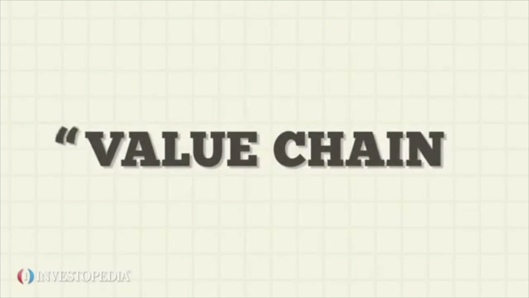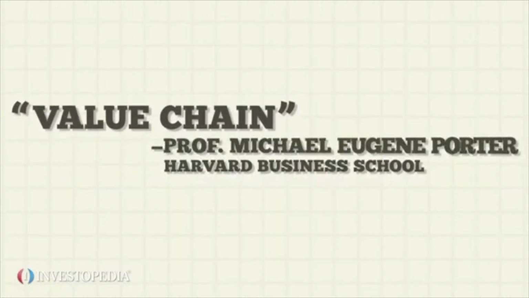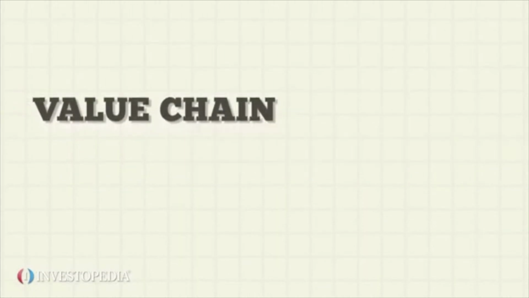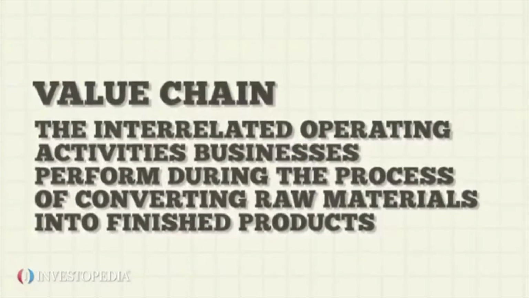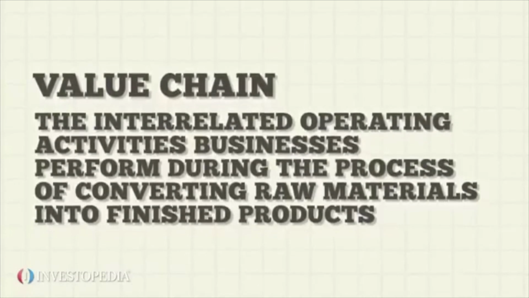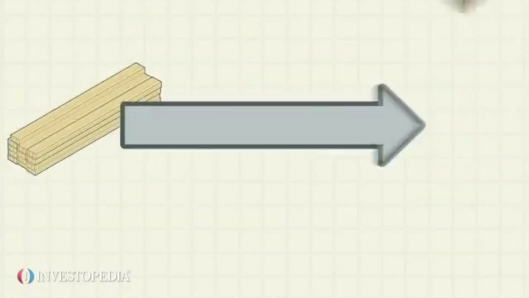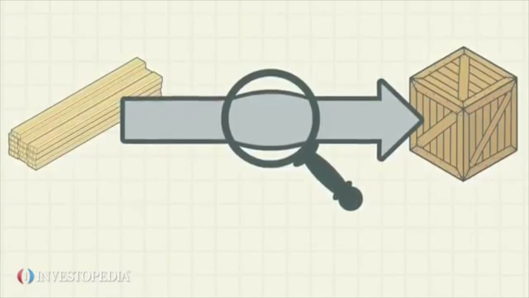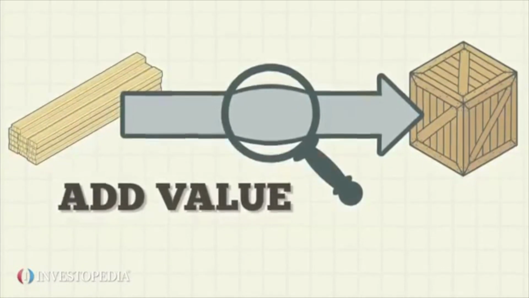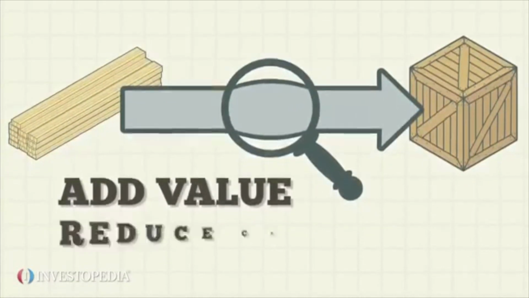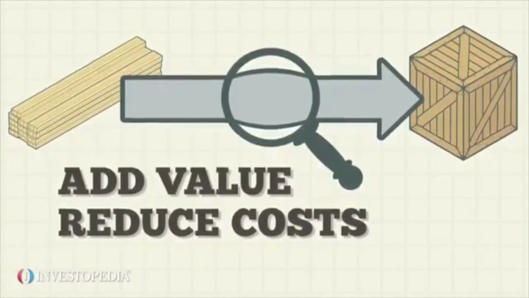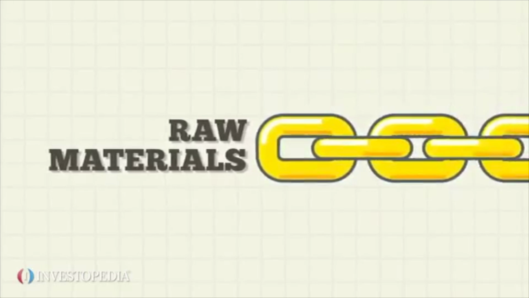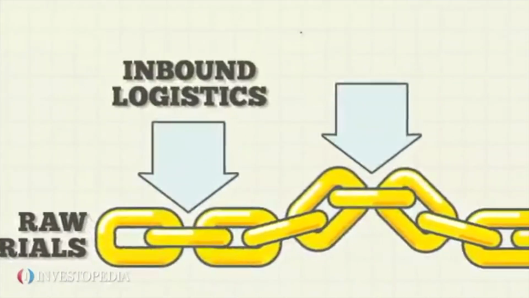Value chain is a term coined by Harvard Business School professor Michael Eugene Porter to denote the interrelated operating activities businesses perform during the process of converting raw materials into finished products. The goal in value chain analysis is to find ways to add value to the product along each part of the process and do so at the lowest possible cost. Operating this way maximizes the company's profits. At the primary level, the links of the value chain are inbound and outbound